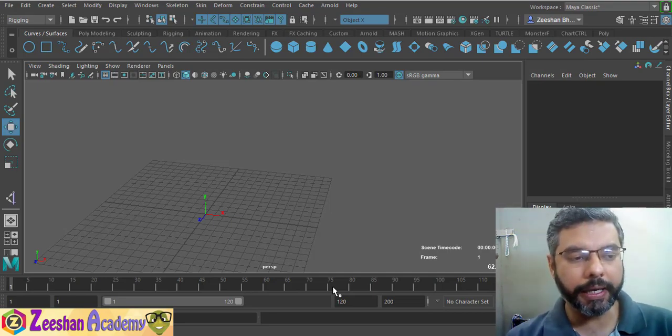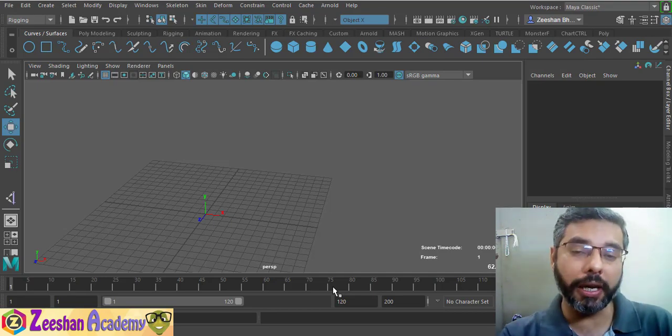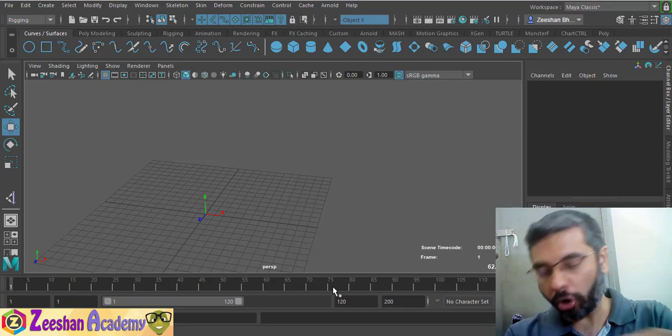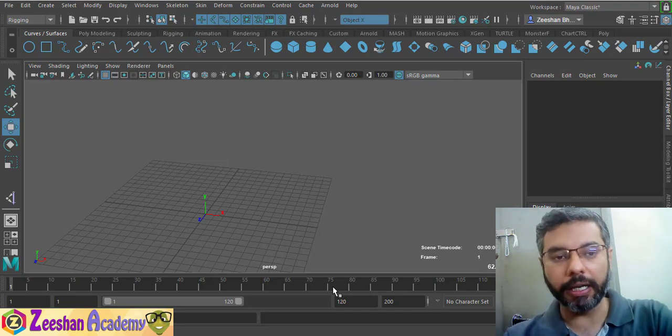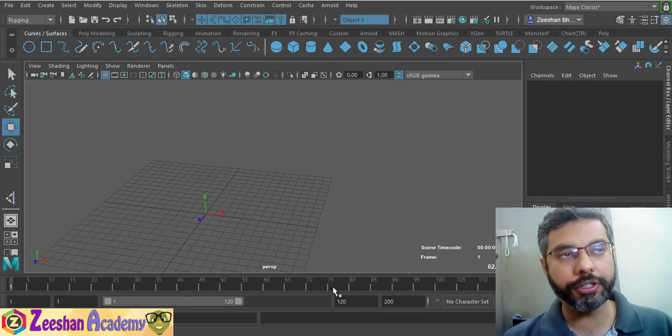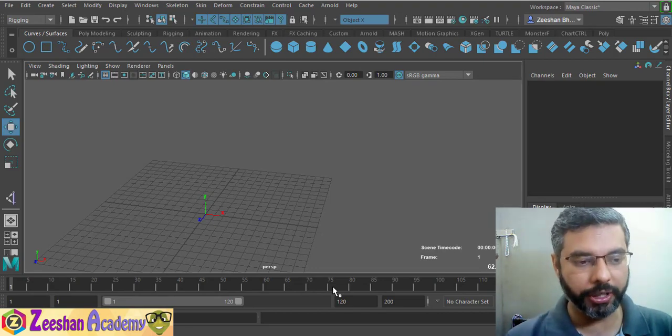Now, when we use an IK handle and constrain it with a locator to move the IK handle, it locks the entire joints within that IK handle, and then you cannot rotate the forearm. So we use another cool tip of changing the pivot point of the end effector to the wrist, and then use the forearm joint as well for rotation. So in this, we will show you that.